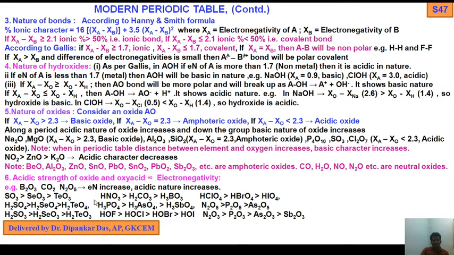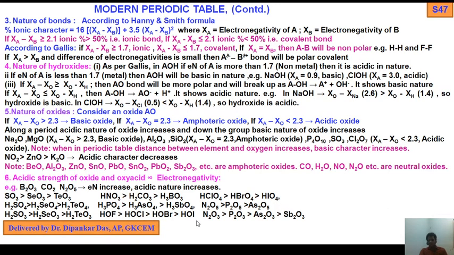B2O3, CO2, N2O5: as electronegativity increases, acidic nature increases. Similarly, SO3, SeO3, TeO3. Similarly, HNO3 greater than H2CO3 greater than H3BO3. Similarly, HClO4 greater than HBrO4 greater than HIO4. Similarly, H2SO4 greater than H2SeO4 greater than H2TeO4. Similarly, H3PO4 greater than H3AsO4 greater than H3SbO4. Similarly, N2O5 greater than P2O5 greater than As2O5. Similarly, H2SO3 greater than H2SeO3 greater than H2TeO3. Similarly, HOF greater than HOCl